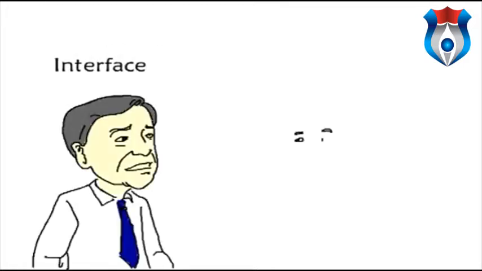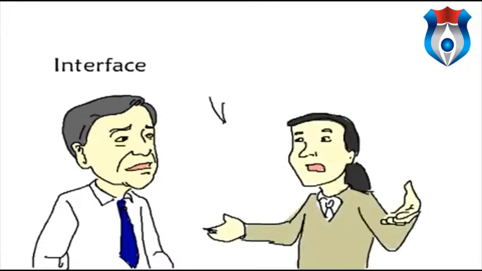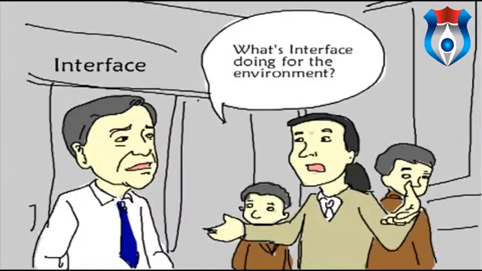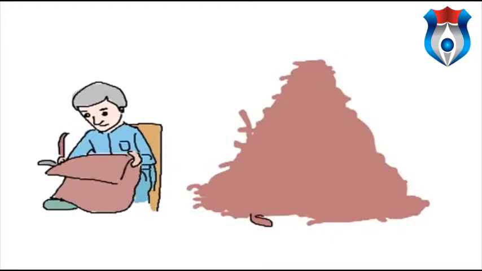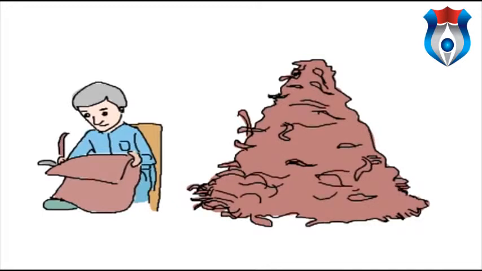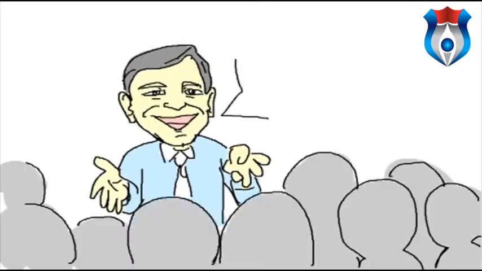One famous example of this is Interface, the world's biggest carpet tile manufacturer. In the mid-90s, the founder, Ray Anderson, had customers asking what Interface was doing for the environment. He found he didn't have much to say. But this simple question set off a chain reaction that convinced Ray that sustainability was the right thing to do. Interface started investing in efficiency, cutting their waste and saving energy. But Ray realized it would take a lot more than that. Ray got everyone in the company involved. Together, they defined their vision of sustainability.